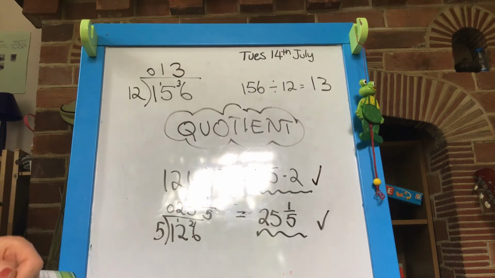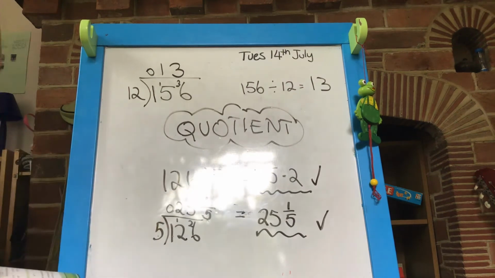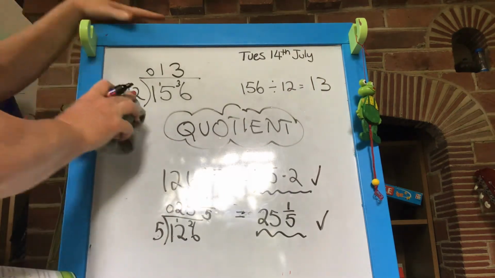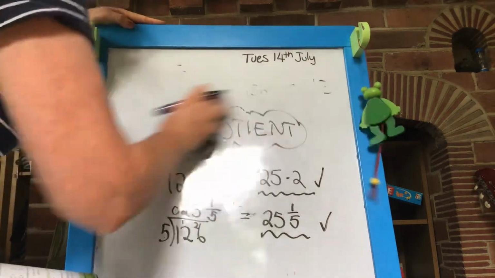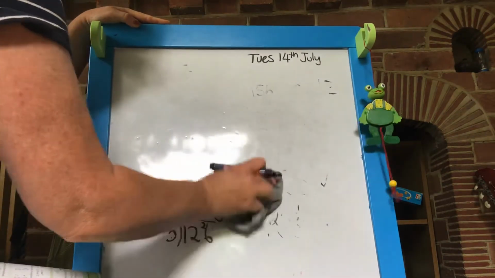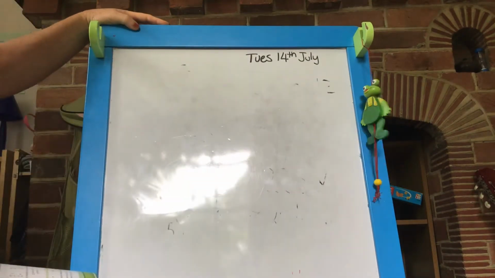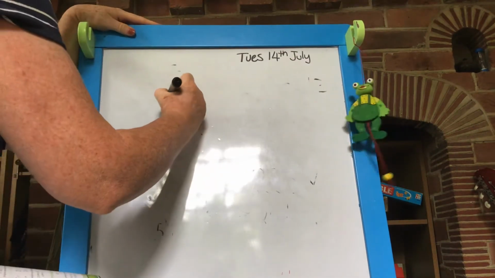In fact, I would really like it if you did some like this and some like that, because that'll show me that you know what you're doing. So the questions today, that's the newest kind of idea, which you already do know. Shall we do one more quotient question? Let's go with